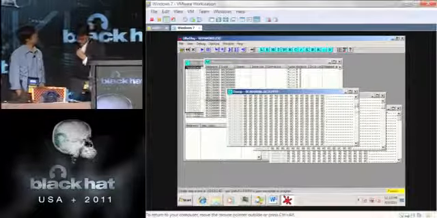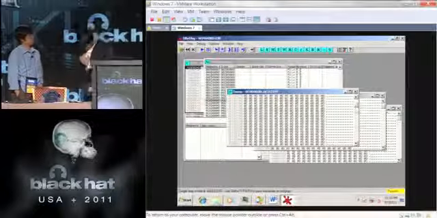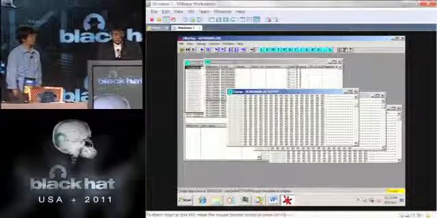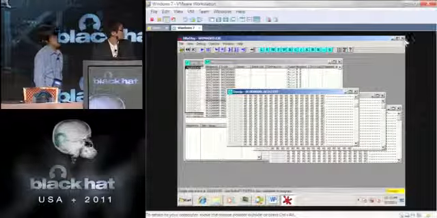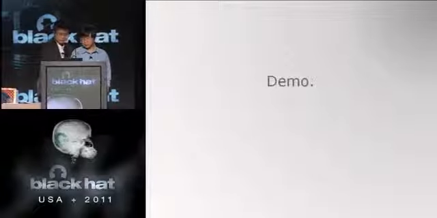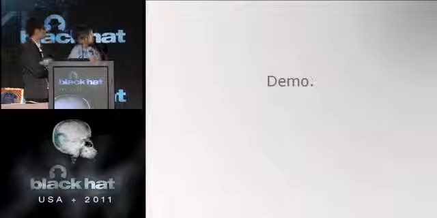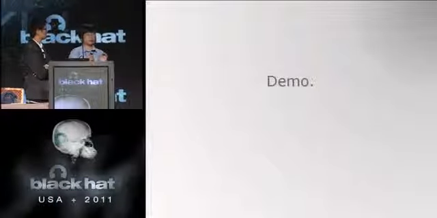So if we control the EIP, then jump to the three addresses, it may work. Okay, this demo shows that even if EMET is enabled, there are still some tricks that we can use to write exploits.